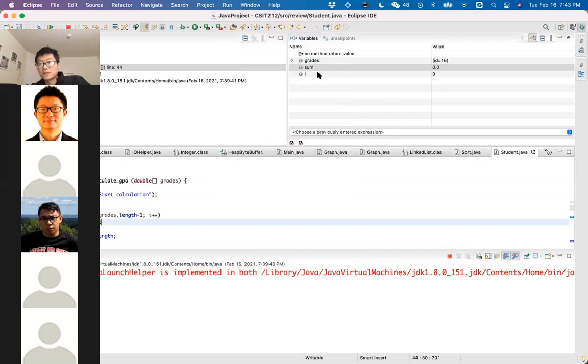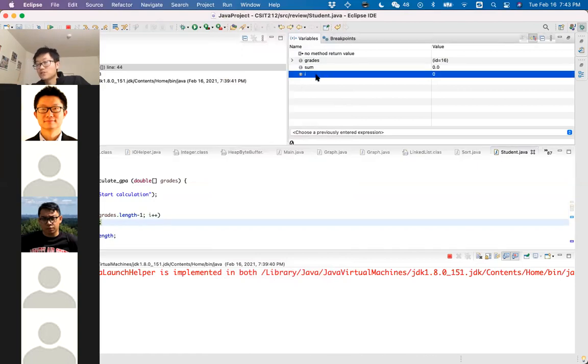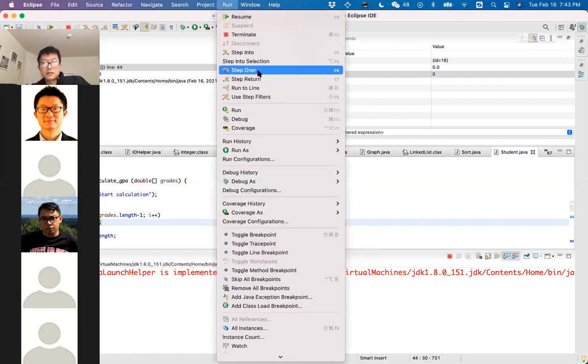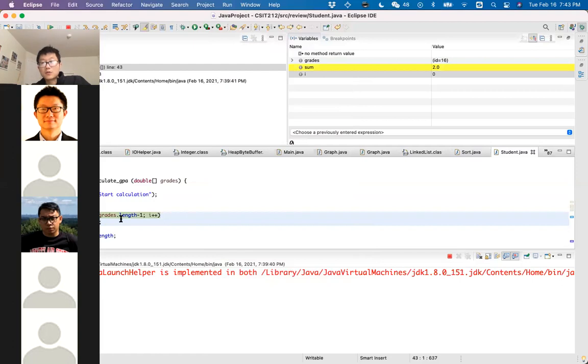Now we can see an integer value i whose value is 0. Now we want to execute the following line, sum plus equal grades i. So we execute step over.